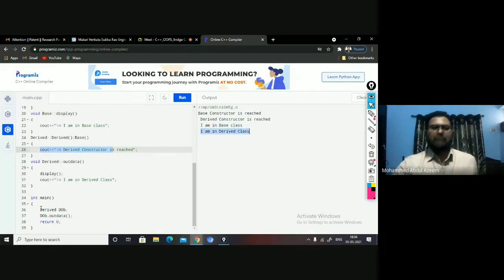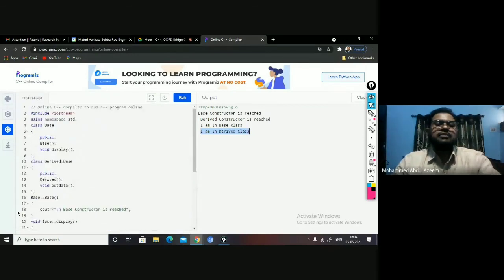So this is how you can have certain classes inherited by certain classes, right? With the help of this inheritance concept. This is said to be single level because I am inheriting the base class at one level. But if I inherit this derived class into another derived class, then it is said to be multilevel, right? That we can probably see in the next class. I hope this is clear to all of you.